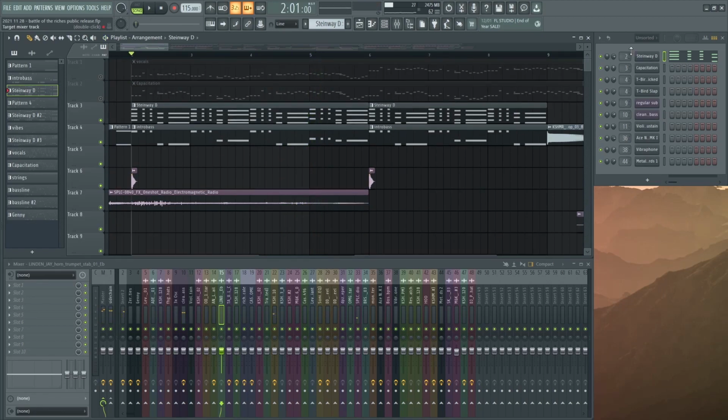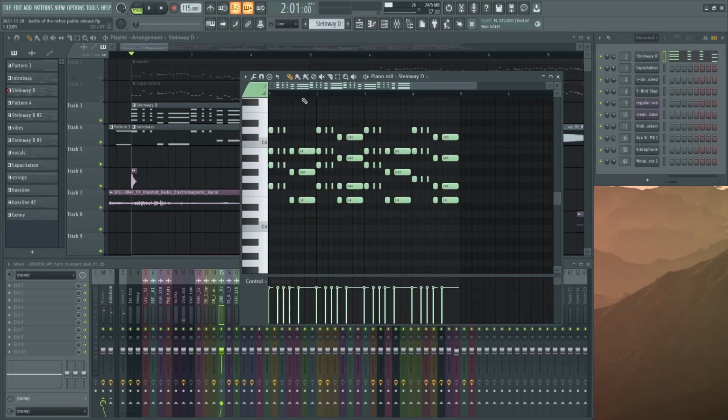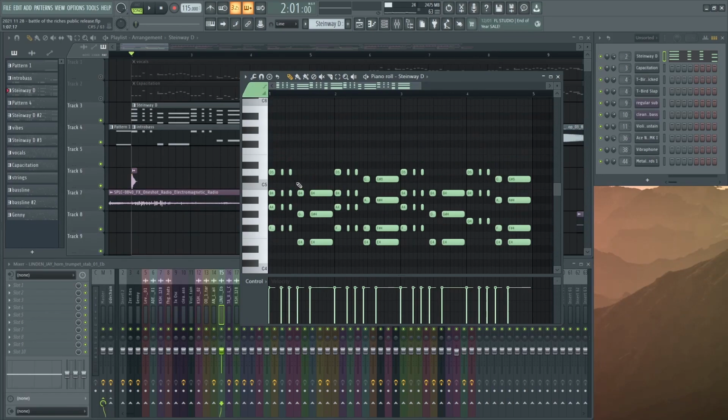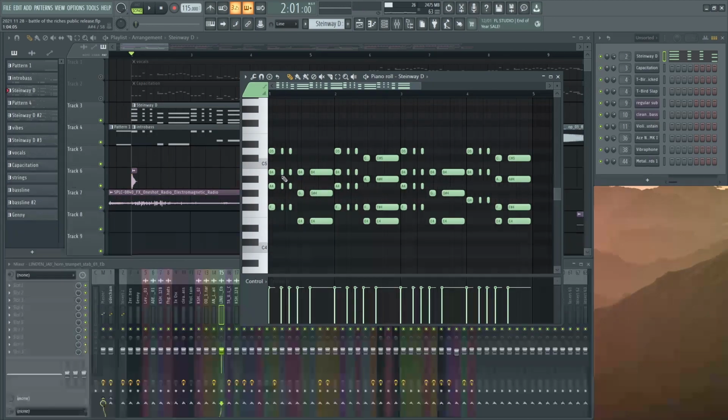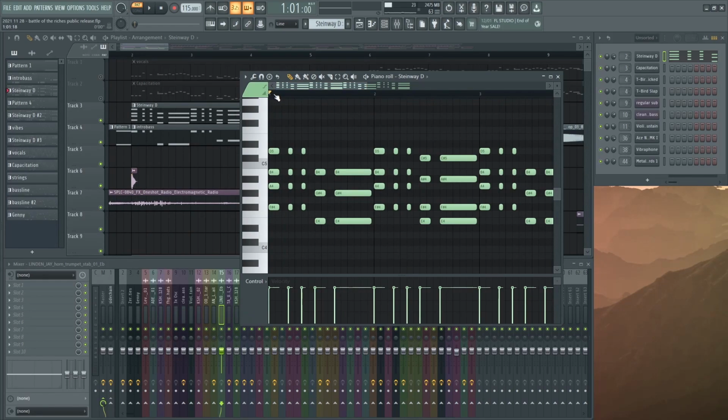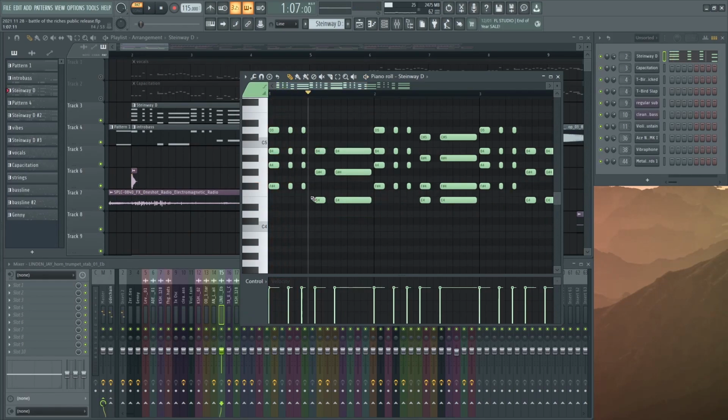I want to start by talking about these piano chords here. Richard's music is very inspired by bossa nova, and something bossa nova music does a lot is it starts on the 1 chord, then goes to the 4 chord, and then back to the 1 chord. This song's in B minor, so the 1 chord would be the B minor chord, and then it goes to the 4 chord, which is an E chord. Normally it would be an E minor chord,